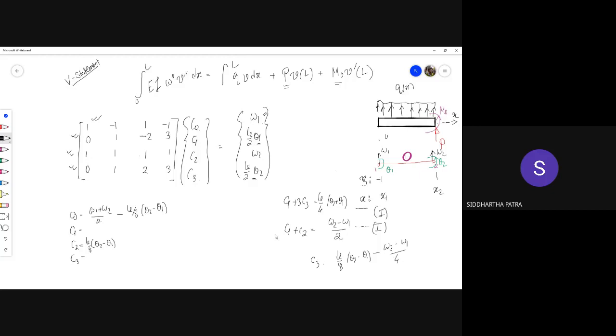And that's what I've got also. And if you subtract this from this expression over here, then you have C1 equals W2 minus W1 by 4